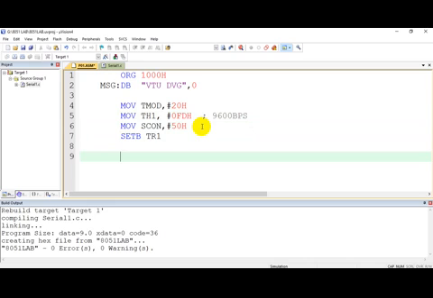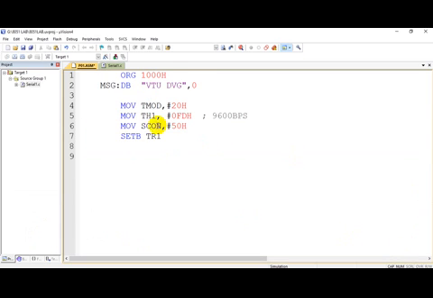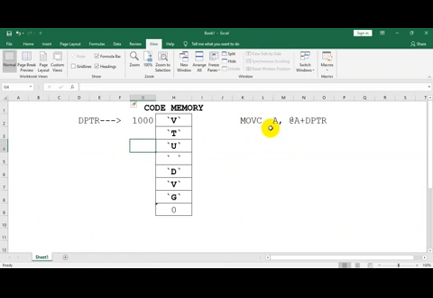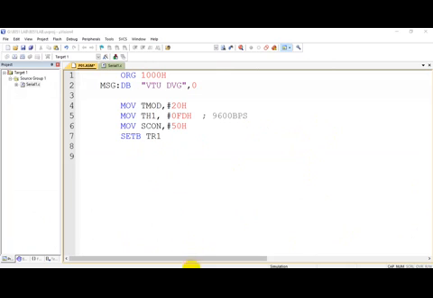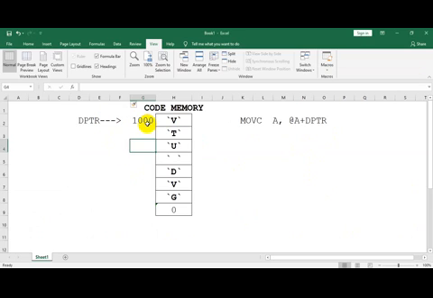Now what should we do? First we should read the message character by character. How will we read? As I have told, we have to use the instruction MOVC A, @A+DPTR. Before that we have to initialize DPTR to the starting address.